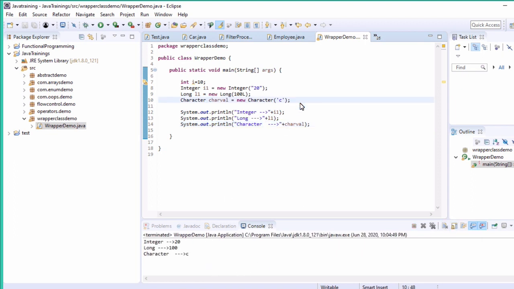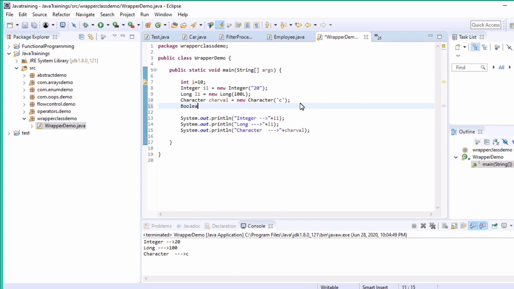Coming to boolean. Boolean equal to new Boolean. We have to pass true or false. Okay, I am passing true and printing it.